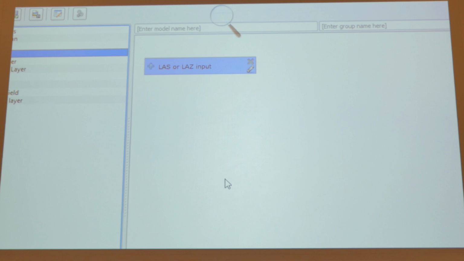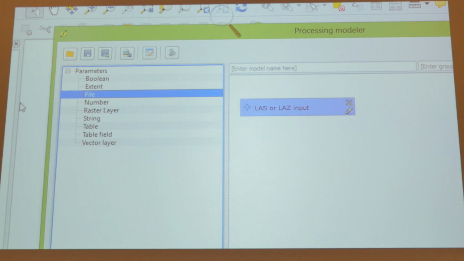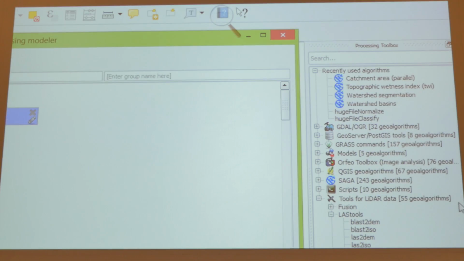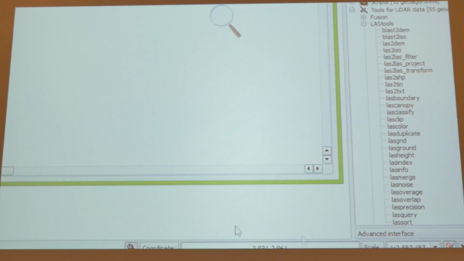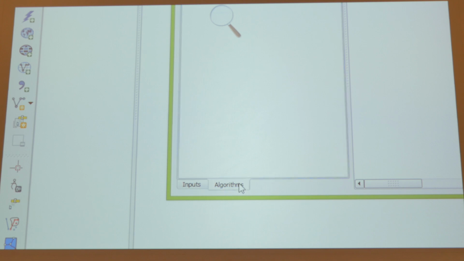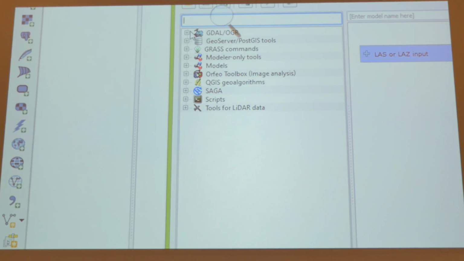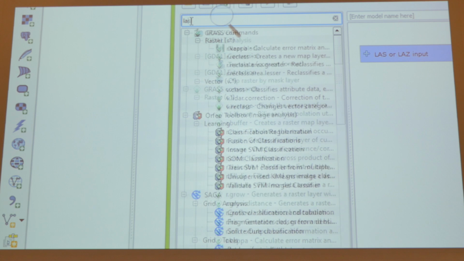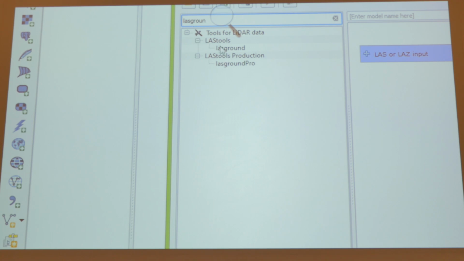Now what do I want to do first? I assume I have a tile that is not classified, so the first thing I want to do is ground classification. Okay, so I'll go, oh no, I think I go here, and I look for my algorithms, so I say LAS ground, here we go. So I click that, double click that,